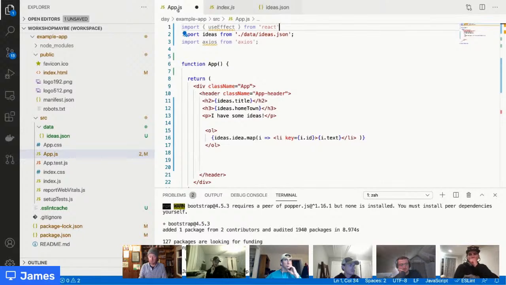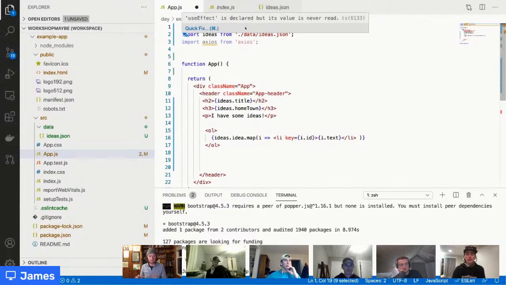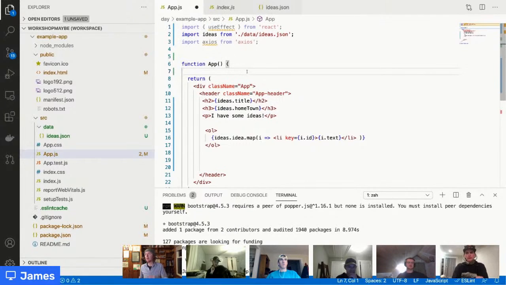From React. Okay. There's a lot to say about this. This is called a React hook, and it's a very powerful tool. For now, I'm going to show you what it does. And then over the next few weeks, we'll be able to kind of dig into what it's actually doing. Okay, so this is going to go